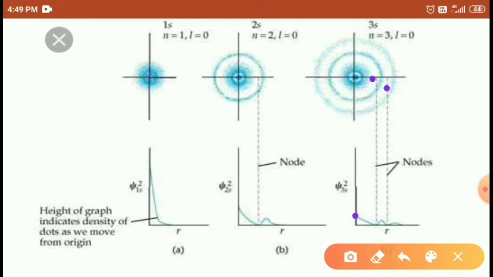Here the electron density is maximum, that is 1s. Electron density is here, here also, and again here. Right, students? So the maximum electron density is in the 1s region, because electrons are closer to the nucleus. Right, students? So in the 3s region two nodes are available. In the 2s orbital only one node is available, and for the 1s orbital there is no node available. Right, students?